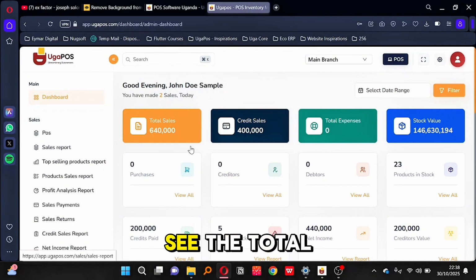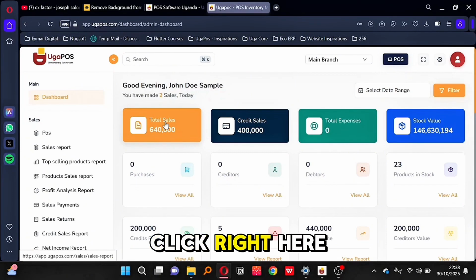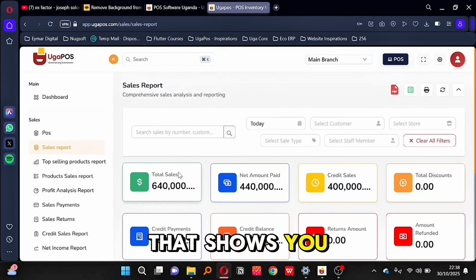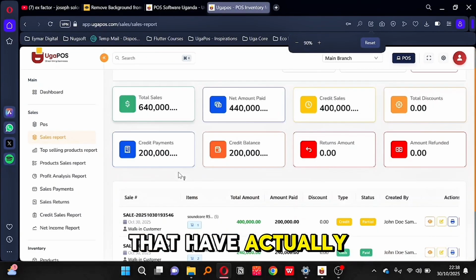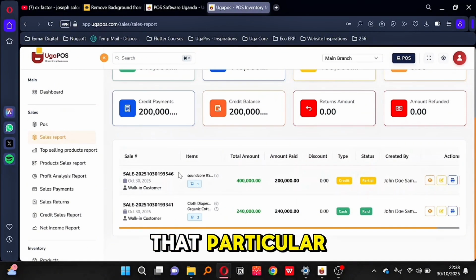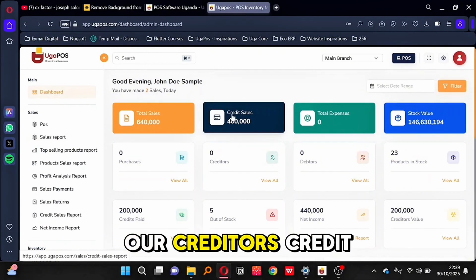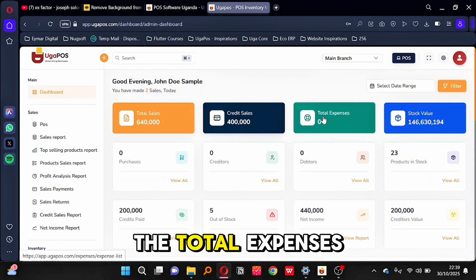So we're in position to see the total sales that have been made. If you click right here, you'll be in position to go to a comprehensive report that shows you all the items, all the sales that have actually been made within that particular time frame. And on the other note, we're still in position to see creditors, credit sales, the total expenses made for